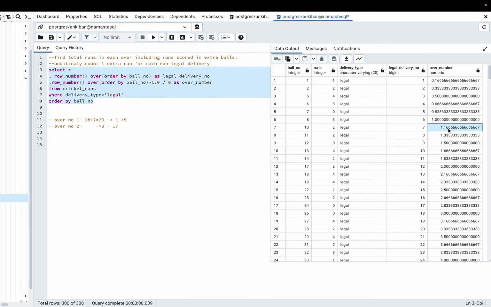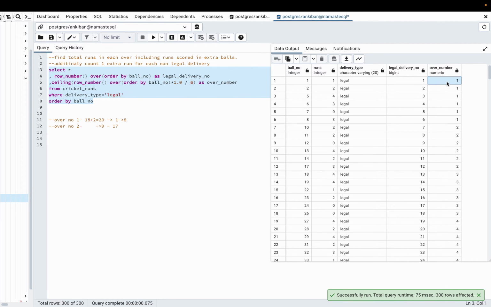It is something between 1 and 2. So if I do ceiling, it will take the next integer value. In that way it will give me the over number. So I will say ceiling, and this is how I got the over number.